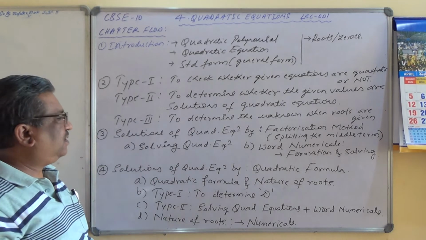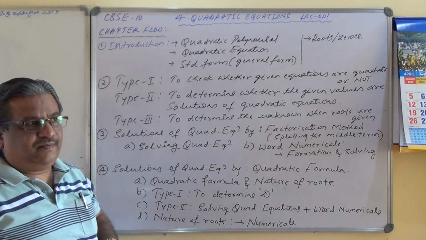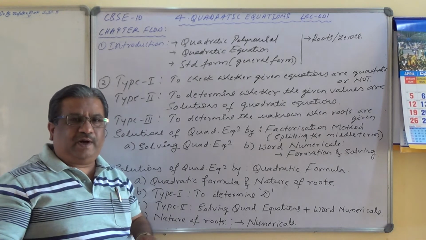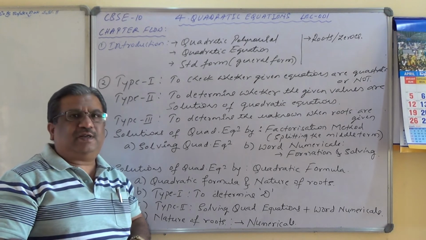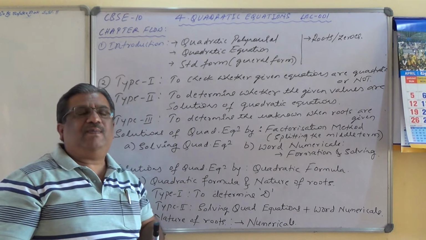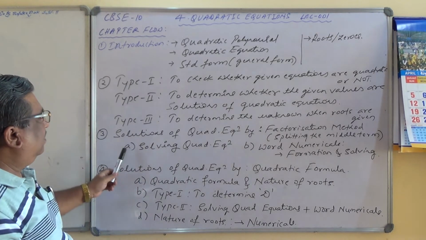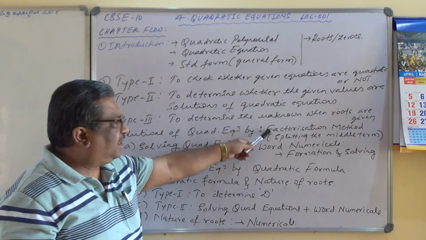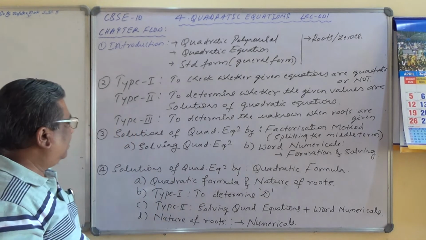Solutions of quadratic equations. The meaning of solutions of quadratic equations is solving for the value of x. And remember, it is a quadratic equation, so we are going to end up with two values of x here. Already you have studied this in 9th standard also. As the degree is 2, the maximum number of values of x will be 2. In the solutions of quadratic equations, there are basically two methods: one is the factorization method and the other is using the quadratic formula. I hope you are able to understand.